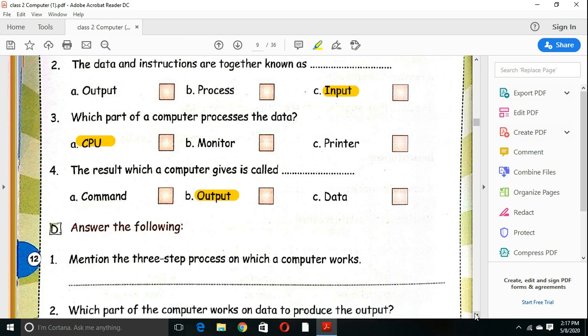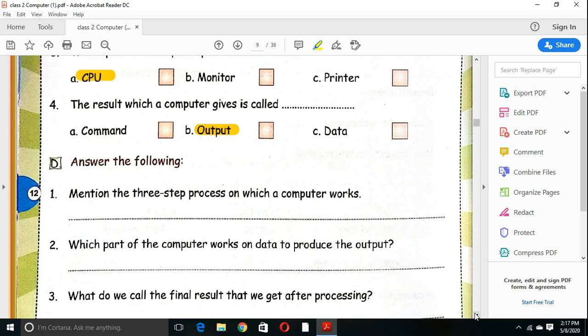Tomorrow we will talk about the question answers of this chapter. I want to tell you, please go through each and every question and be ready with your answers, so that whenever I discuss the questions and give you the answers, you can match your answers with the answers I give. That will make it easy for you to find out how much you have understood the topic. Okay, then, thank you so much.